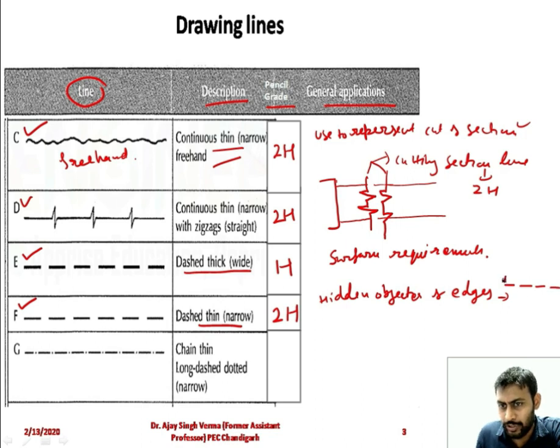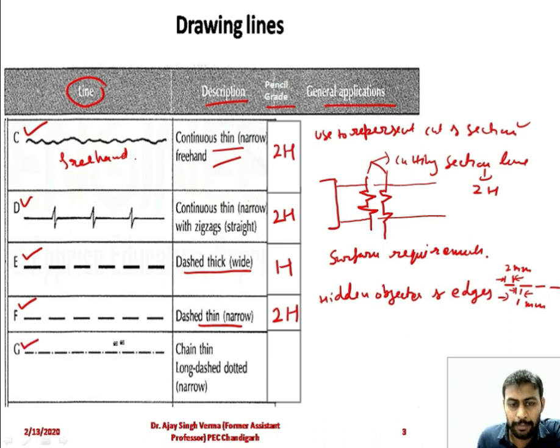And the ratio for this dash line will be 2 mm, and the space between these two dashes will be 1 mm. So this is a standard when you plot these lines. So remember, students, when you plot this line, the dimension of the dash should be 2 mm, and the space between the two dashes will be 1 mm.